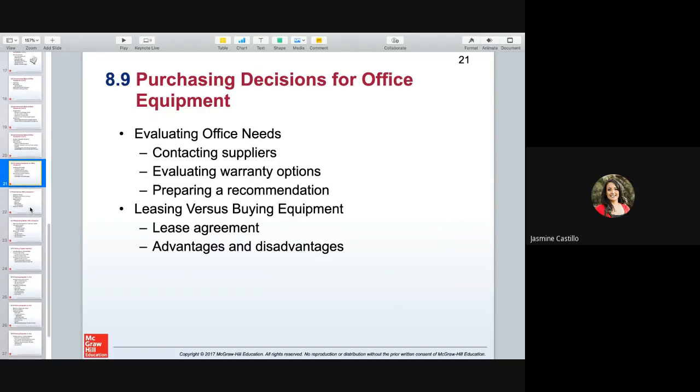Okay, making sure you're evaluating all your office needs before purchasing anything. Know who to contact for your suppliers. Find out what the warranties are, and then ask them to prepare you. I always ask them for some feedback. You know, can you get in contact with a few of your customers and ask them to give me a review on how the supply or the equipment works for them, and then go to other clinics and